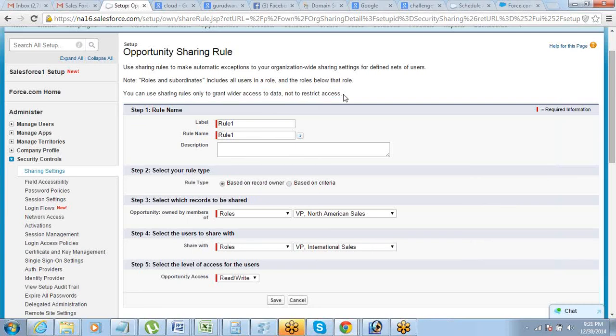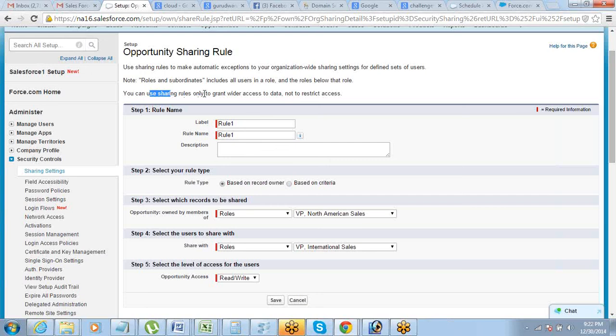No, not further to that. It is related to the OWD basically. Not using grant, not related to the grant access, but specifically to OWD. Read it and try to understand. So this is used for giving access. The sharing rule cannot be used for restricting access. This is a very important thing.